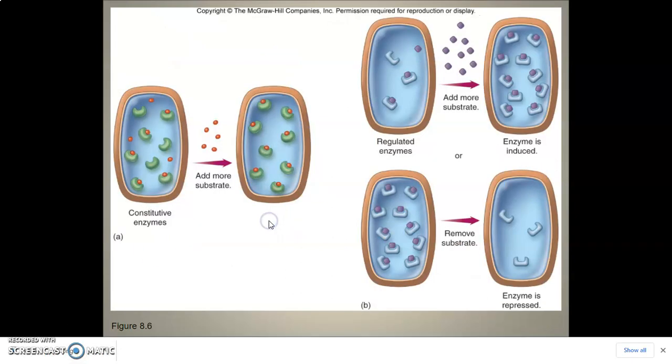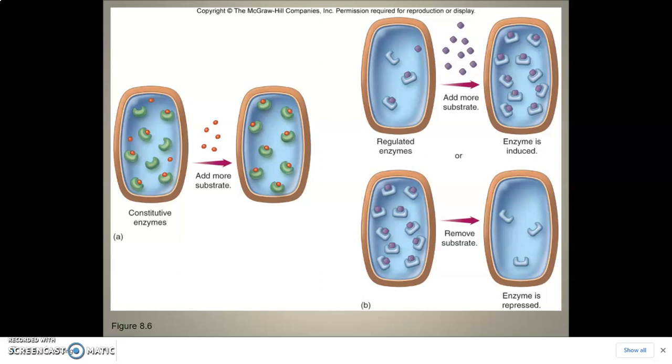Now, the enzymes can also be considered either a constitutive or a regulated enzyme. A constitutive enzyme is one that's always present in the same amounts inside of the cell, right? So as more substrate is present, the amount of enzyme that is available does not change. However, a regulated enzyme is one that could be either induced or repressed, it is said, or it could be upregulated or downregulated,